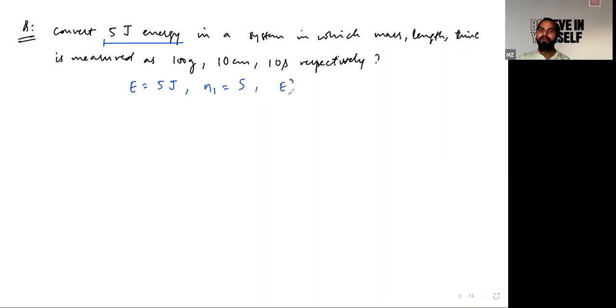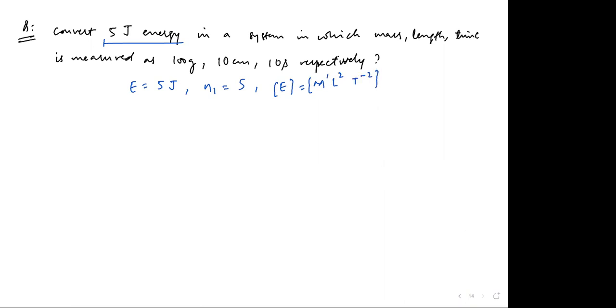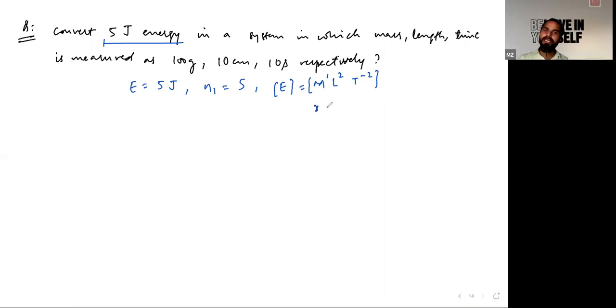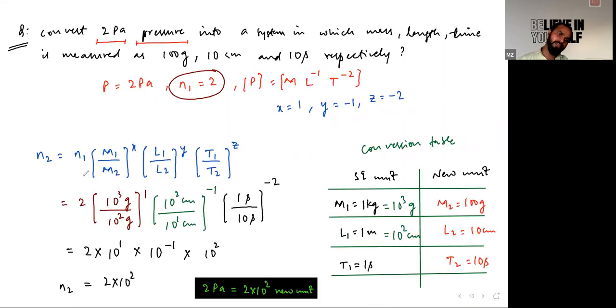And the dimension formula of energy would be M L squared T minus 2. So we can say x is equal to 1, y is equal to 2, and z is equal to minus 2. Now just put these values in the same expression we have done for this part,